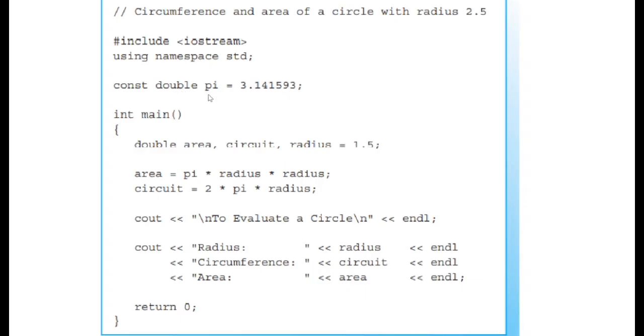and we know it's a constant because we're using the keyword const. Then we have the data type, so it's going to be a double, and then the name of the constant, which is pi. And lastly, we assign a value. So this is going to be handy because we can refer to pi anytime we want during the execution of our program, and rather than having to enter 3.14, etc.